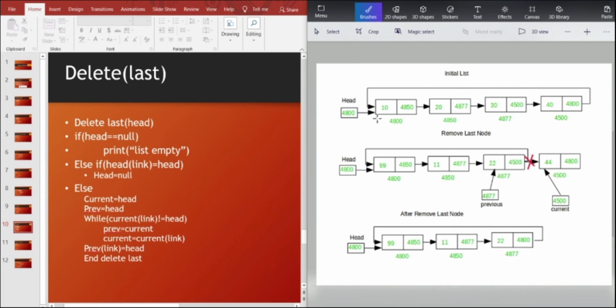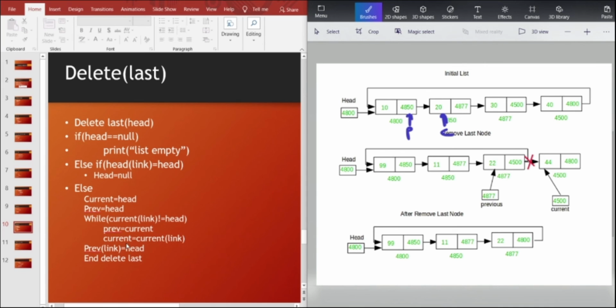Here head of link is not equal to head, and thus we go to the else condition, and we set both current and previous as head node. So we check whether the current of link not equal to head. Here current of link is not equal to head, thus we set the previous as the current node. So this is the previous and this is the current node.